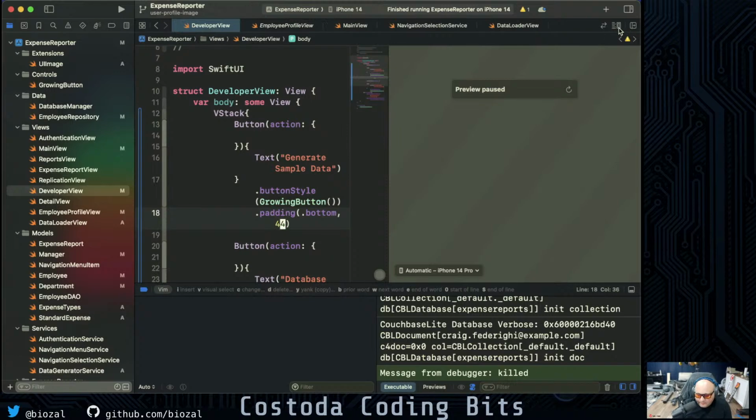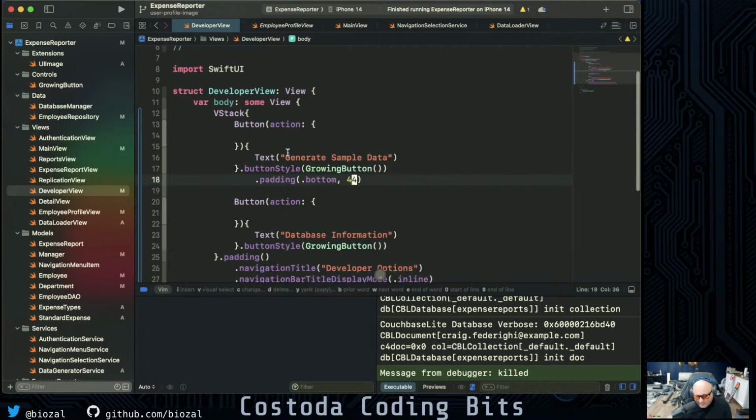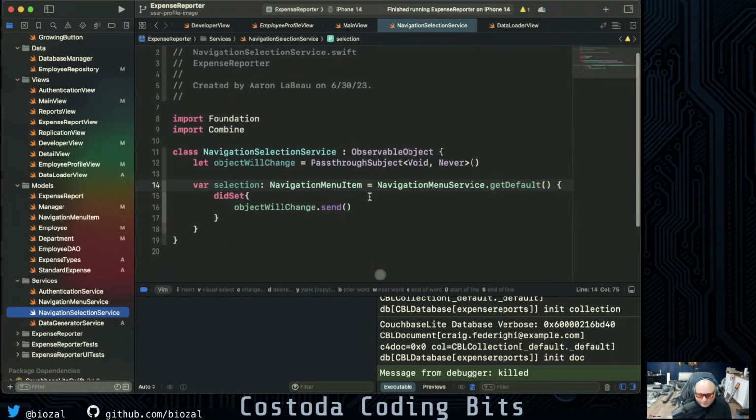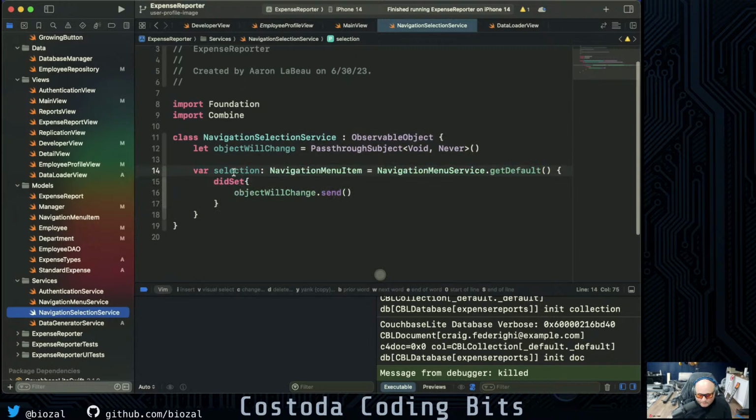Well, let's get rid of the canvas because I don't think we need this for a little bit here. And we need to pass in some state to the developer view so it knows about some things. Most notably, our navigation selection service. All right. Navigation selection service should have just a selection here that says which navigation it was selected. We're going to modify that to add another navigation selection to basically go through and be able to tell us when